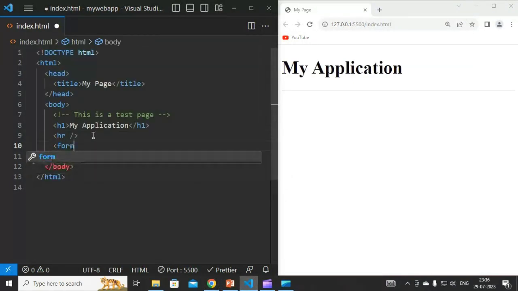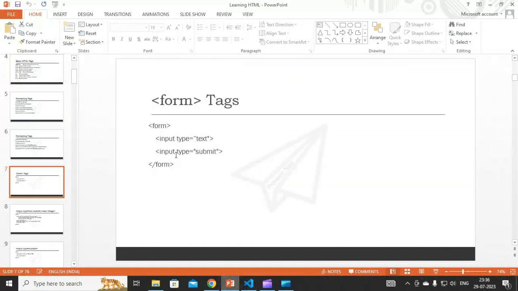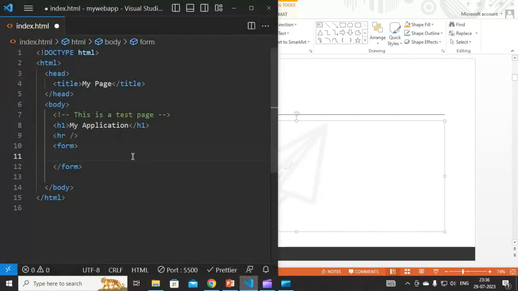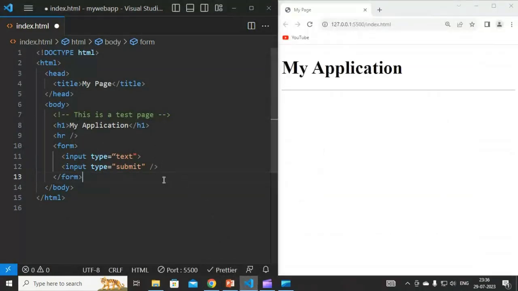Now let me give a form tag. Form is basically used to capture information from the user. So to begin with, let me give an input type equal text and input type equals submit. So input is the tag that we use to display form elements. Input type equal text and input type equals button. So now if I save this,